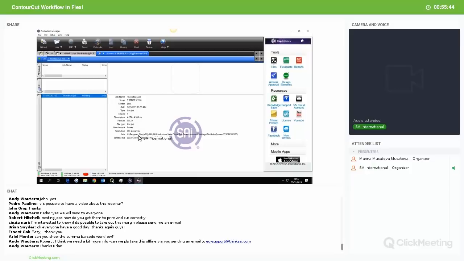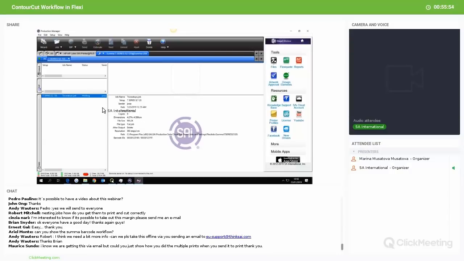Holding in our Suma queue, it's our file. You see at the bottom it's been assigned barcode IDs here. Now if we're connected to our cutter and we read the barcode once the job is loaded in, it will pull this job from the queue and it will